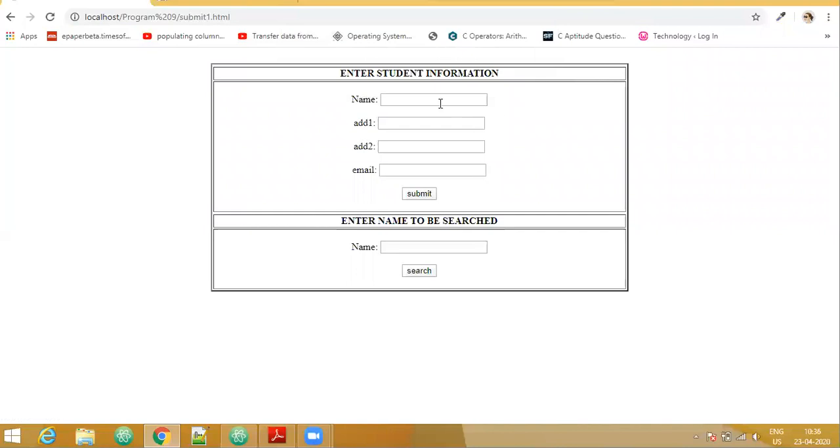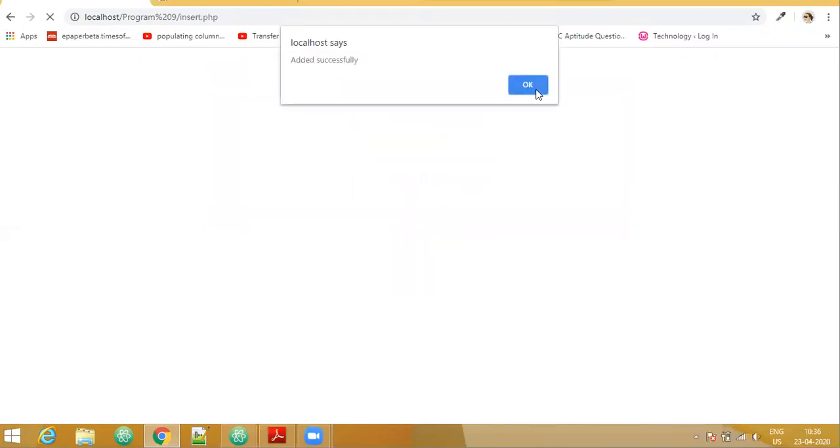Added successfully. Let me take a duplicate value again. So it will still be inserted since we do not have any validations.